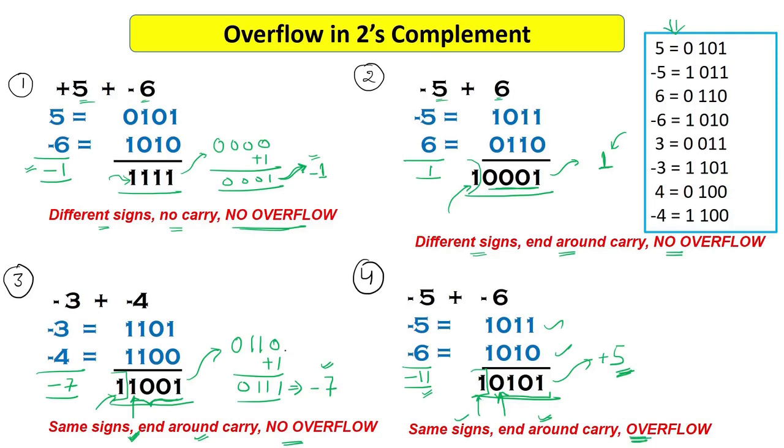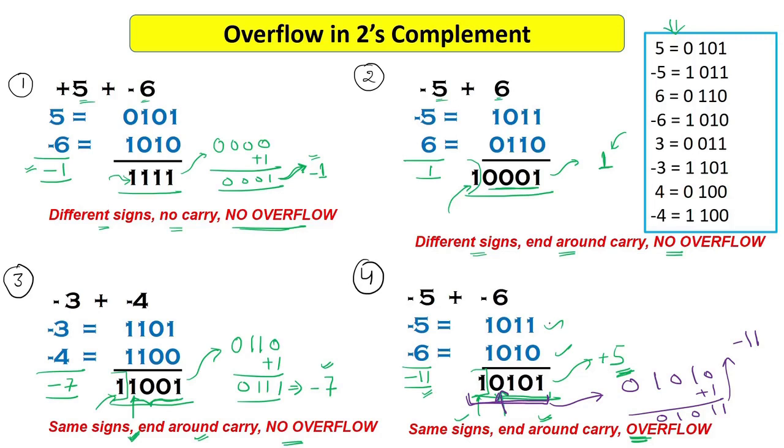So from all this discussion, we can understand some important things. Whenever we are adding two negative numbers, we may or may not get the overflow. Second, if we interpret all these 5 bits as our answer, or convert them into decimal, then in 2's complement, first I have to flip them, and then if I add 1, I will get 0, 1, 0, 1, 1, and this is actually 11. Because I am treating all 5 bits as my answer, this is -11. So in 5 bits, this number represents -11.